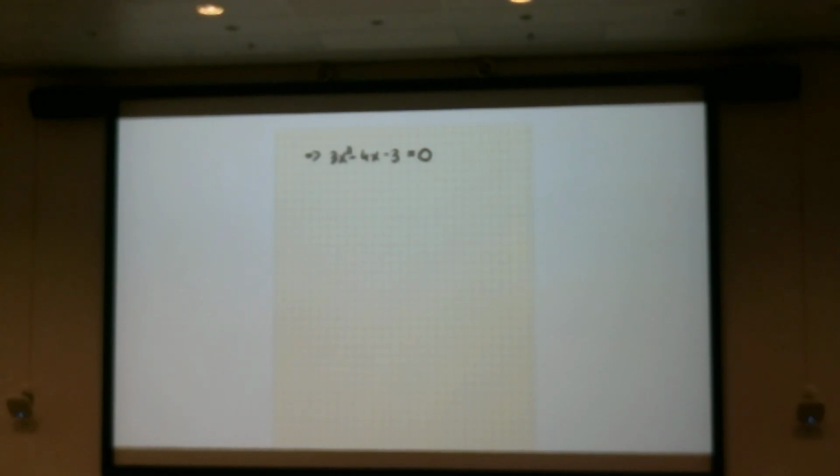Okay? So I need x1, so minus b, that is going to be 4, right? Minus b, minus 4 times 1, plus square root 16